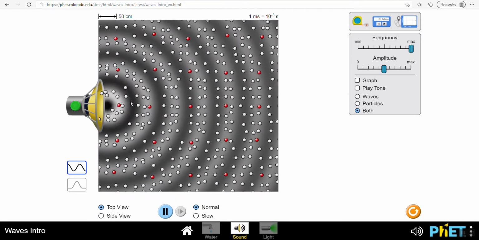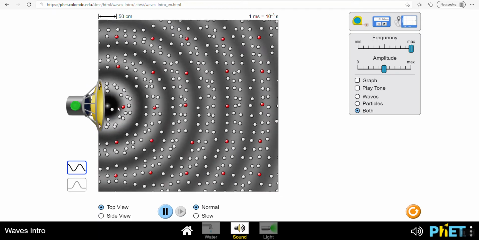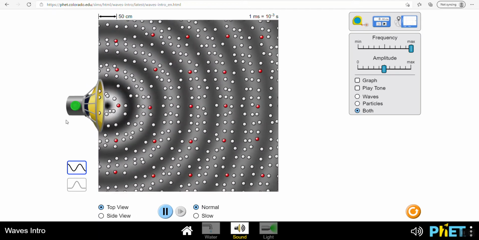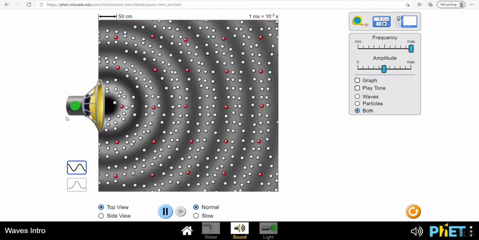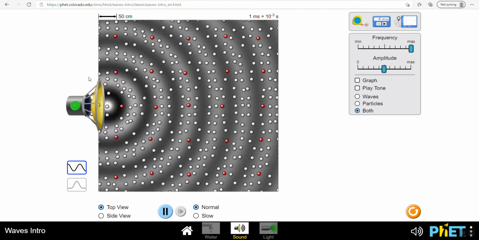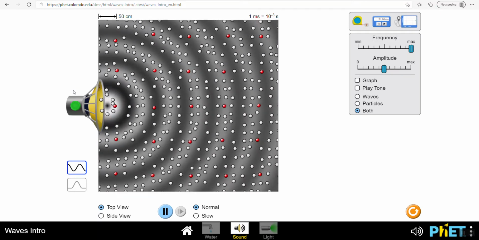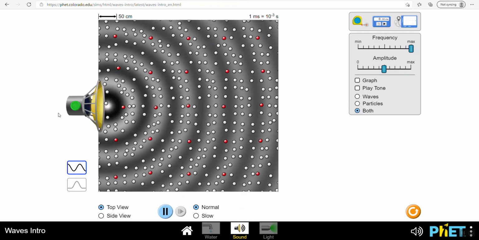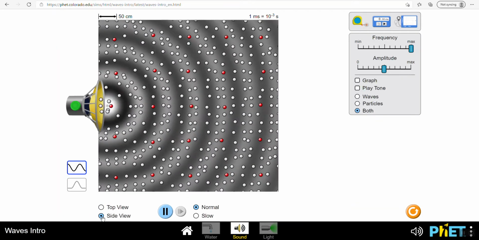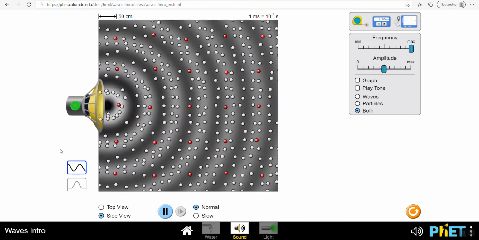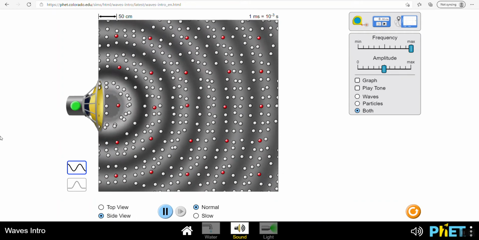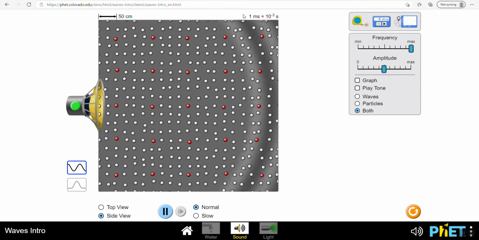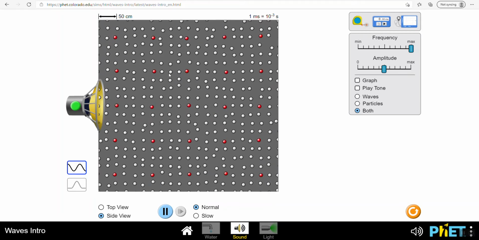We get more of them, and that's what's going on at a kind of particle level. But again, this is lovely, it's a nice model, but we can't really take many measurements from this. This isn't a measurement piece of apparatus. Ooh, side view, I wonder what that does. That looks literally the same. That's absolutely unhelpful entirely. So that is, just turned off, and so that's how sound travels through a medium, through